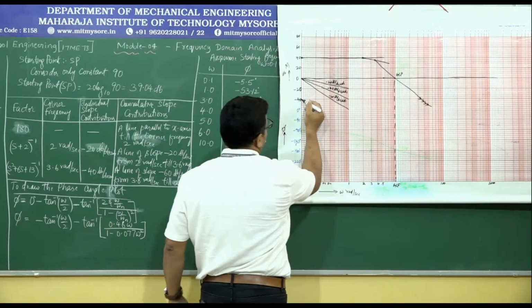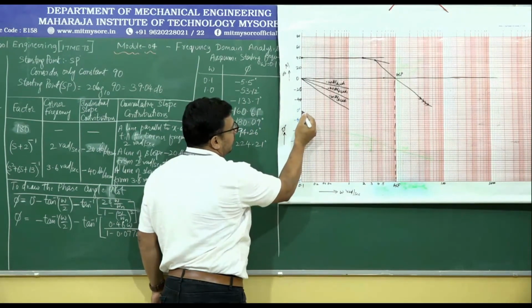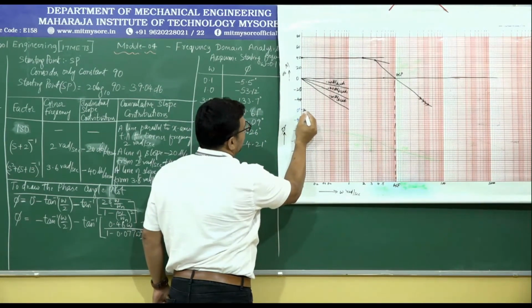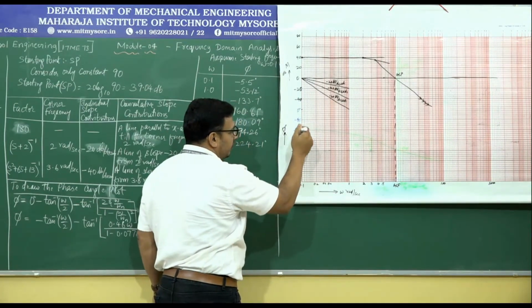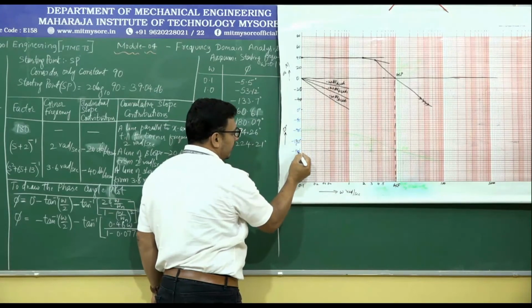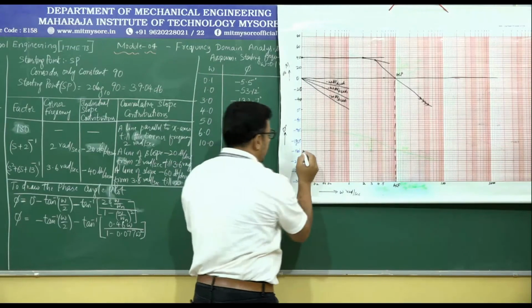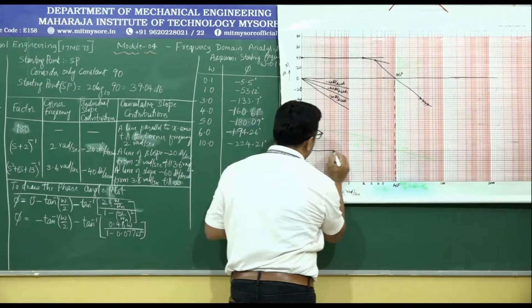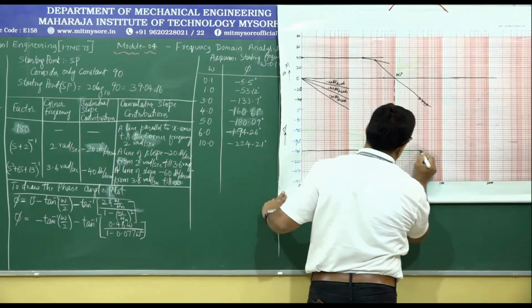Let me say the point where we left here minus 40 decibels, just next to bigger division, let me name it as 0 degree, negative, minus 45, minus 90, minus 135, minus 180, minus 225, minus 270, minus 315 degree. And here minus 180 degree line must be considered as the reference line. That is why I am highlighting it.